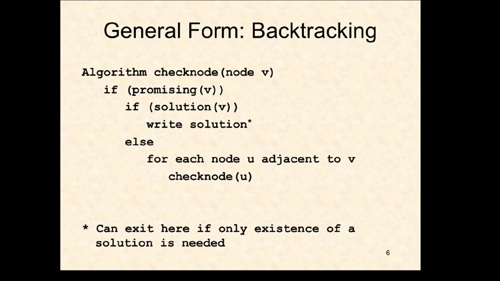So our general form of backtracking is at every point we must check to see if we have a valid solution, if it is still promising. So it is promising when we haven't violated any constraints. And we can check if it's still valid, have we reached the level of a solution? And if we,